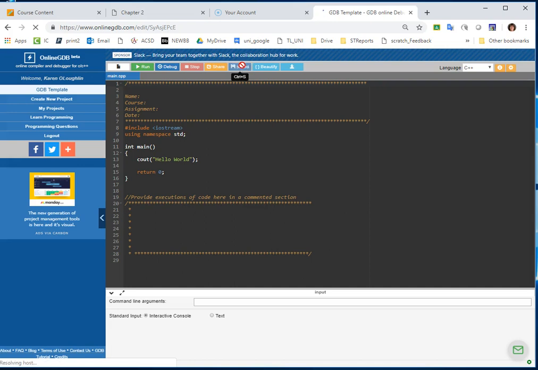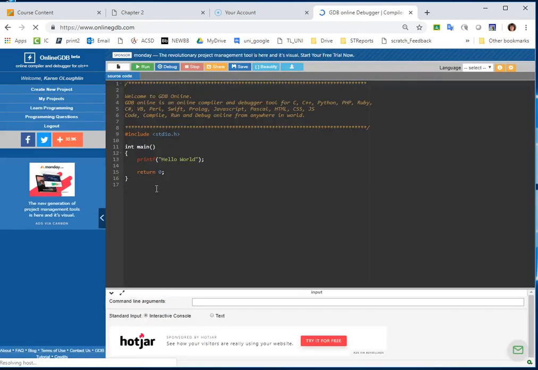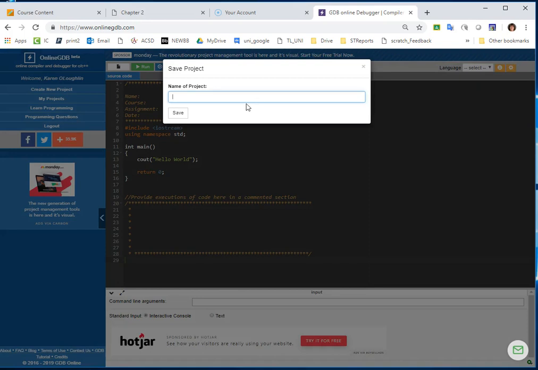I think I can save it as. Actually, let me think about this a second. Can I do a save as? Or maybe I have to select all, copy, create a new project, which might be the easiest. There's probably a way around what I just did, but I'm going to do it this way. Paste, and then I'm going to save this,